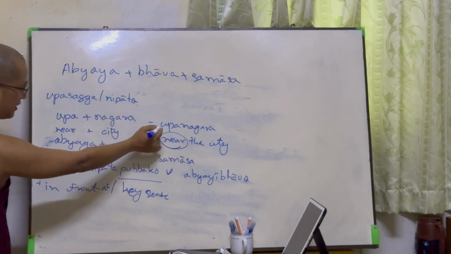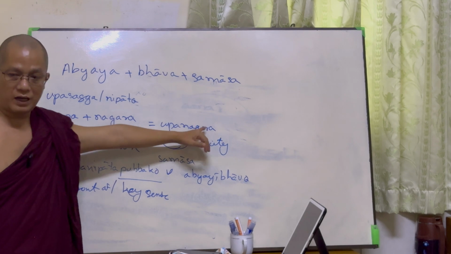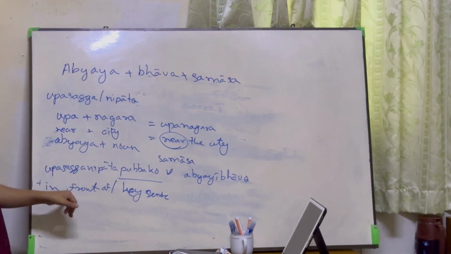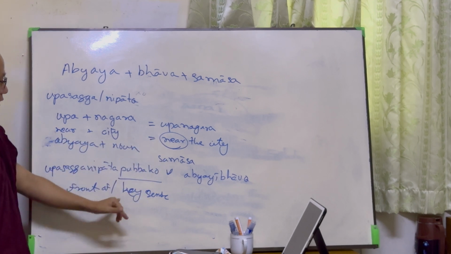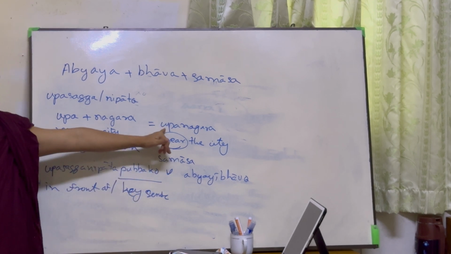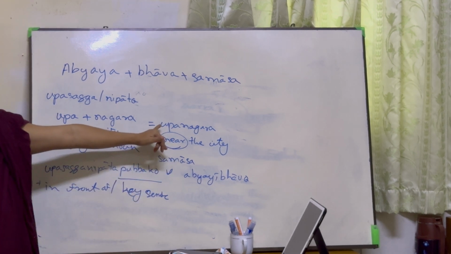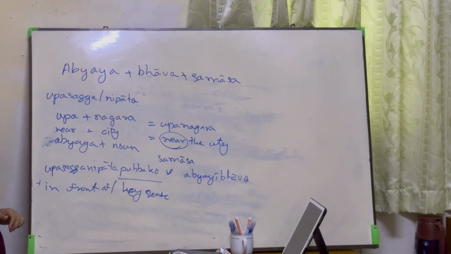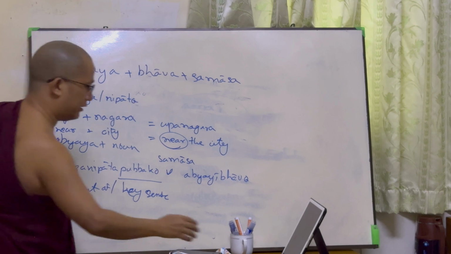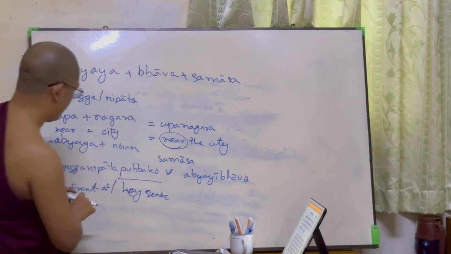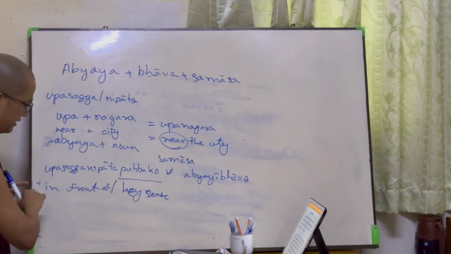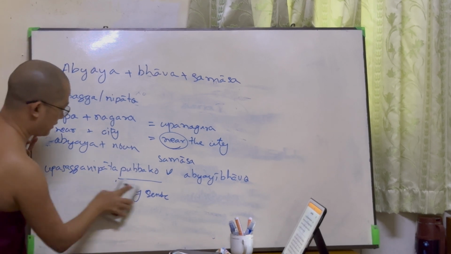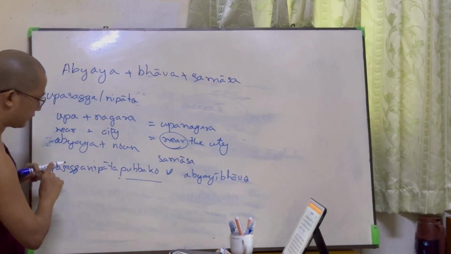Therefore, according to the word order, this Upasaka will appear in front of the noun. And when we translate, this Upa meaning is the key meaning, another is predominant. Yes. Key or predominant. Therefore, this is the Abhyaya Bhava Samāsa. Upasaka Nipada Pupago.